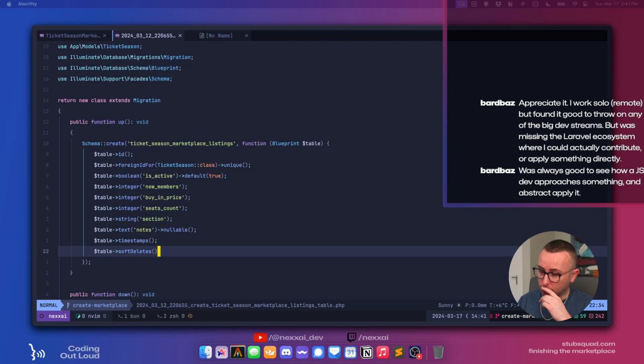Last night I was watching JDH build asteroids in Zig. Now I will never program in Zig. It's not something I'm really interested in. I'm not really a console app guy, but I still think it's super interesting to watch the thought process of these other guys and understand what they're thinking when they're up against the problem.